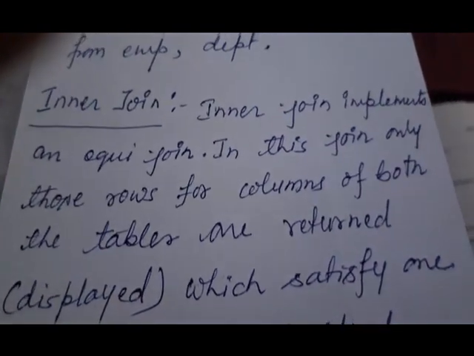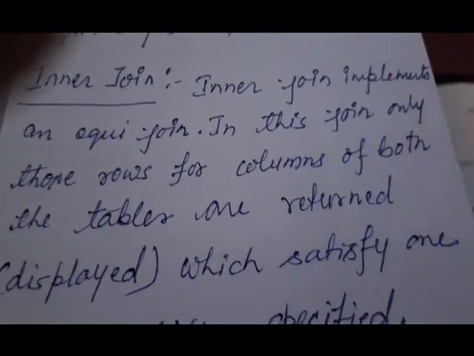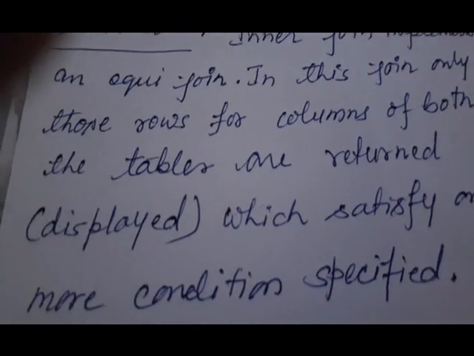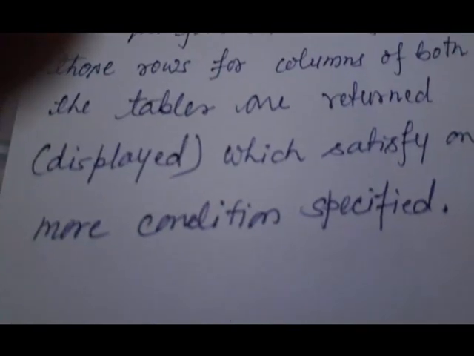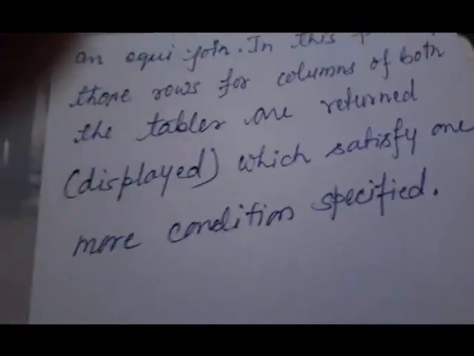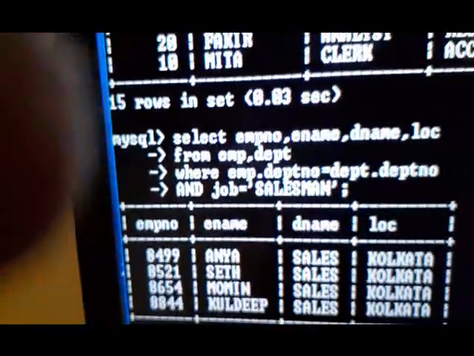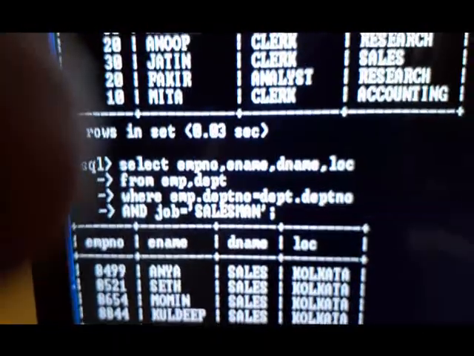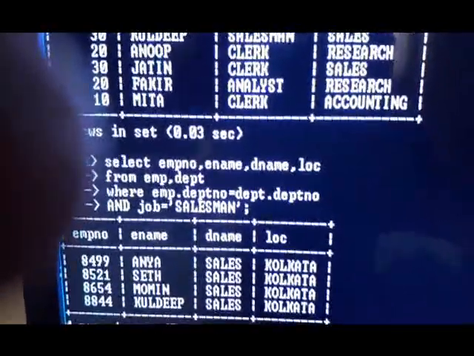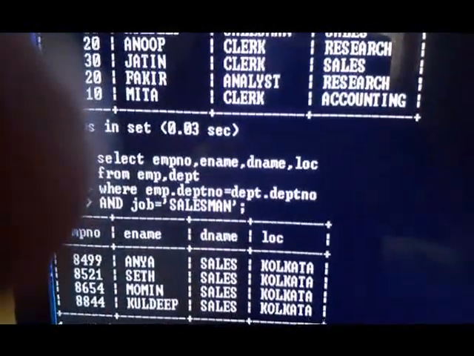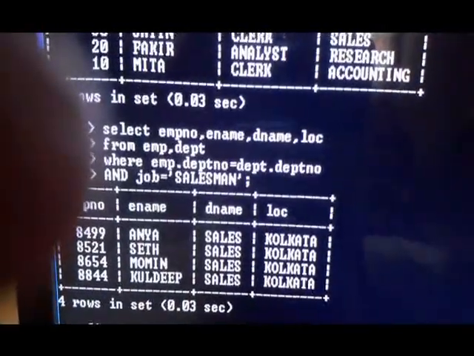In this join, only those rows from columns of both the tables are returned or displayed which satisfy a particular condition, one or more conditions. Now your question is to display EMPNO, E-name, D-name, LOC from tables EMP and DPT, but not all, only salesman.